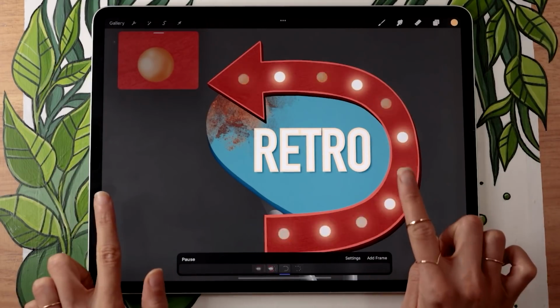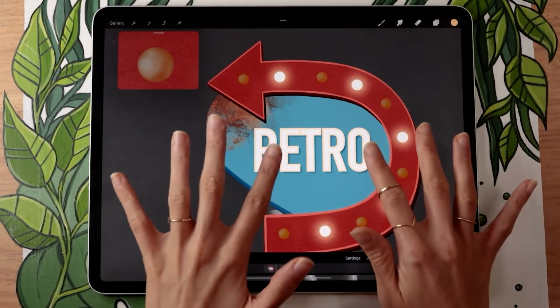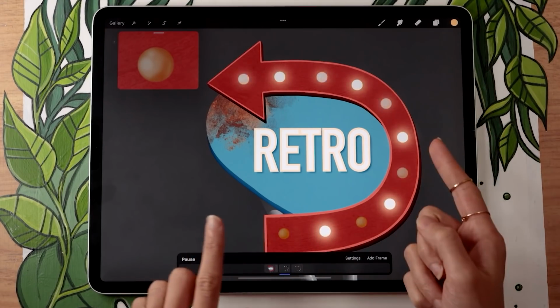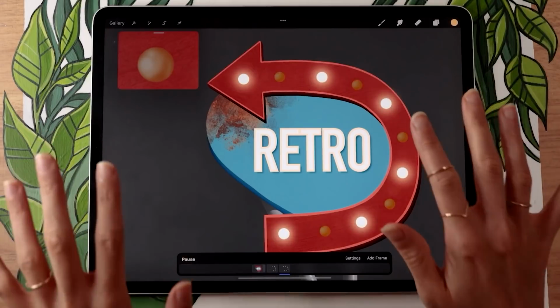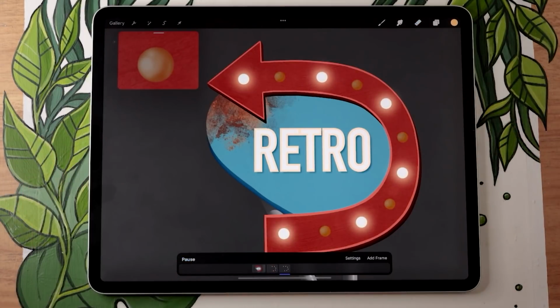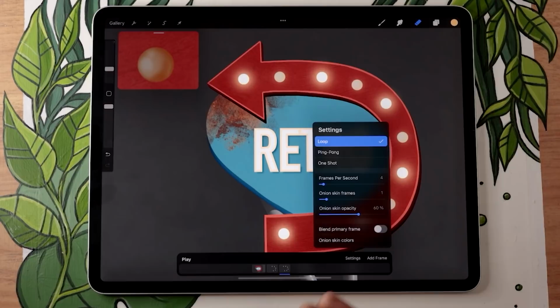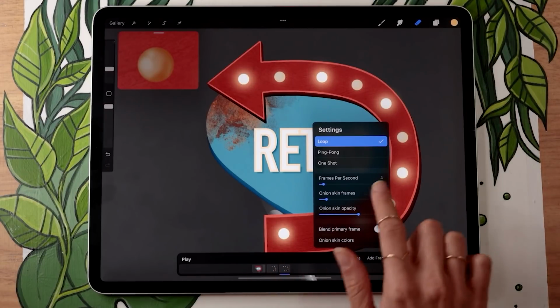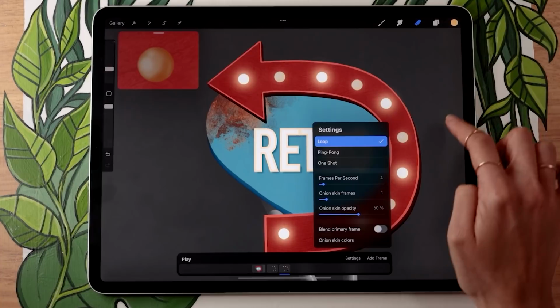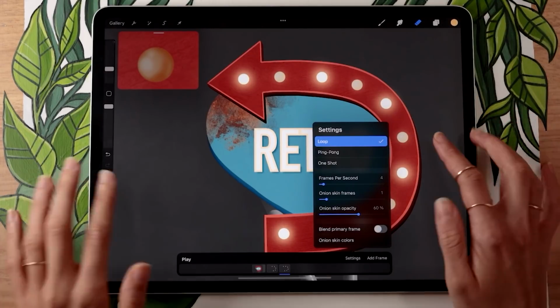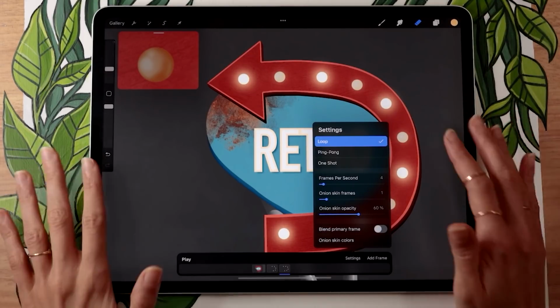One last very important thing, if you want to export this animation and post it on Instagram or Facebook, the video needs to be at least 3 seconds long. Now the way to know how long your animation is, is to count how many frames you have, not counting the background, so in my case I have 2, and divide that number by whatever you set for frames per second. So for example, I have 2 frames and I have 4 frames per second, so 2 divided by 4 means right now my animation is half of a second long.